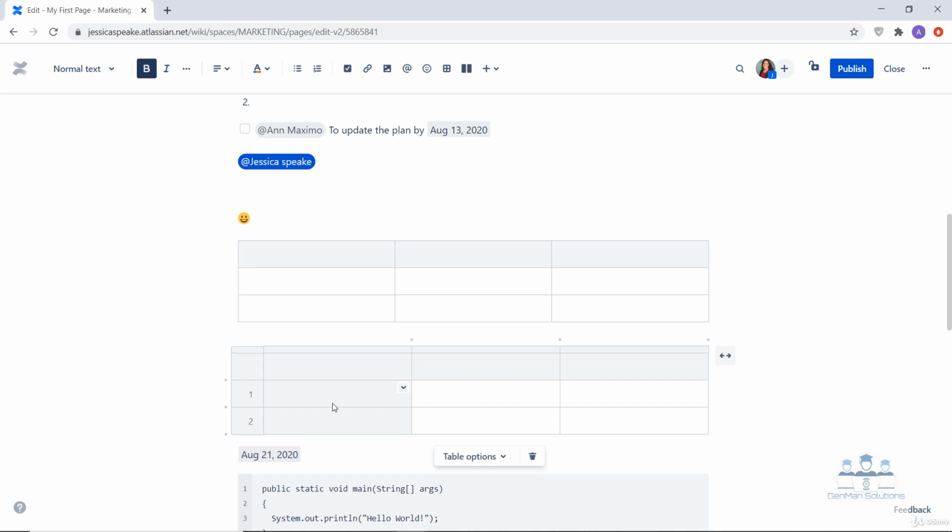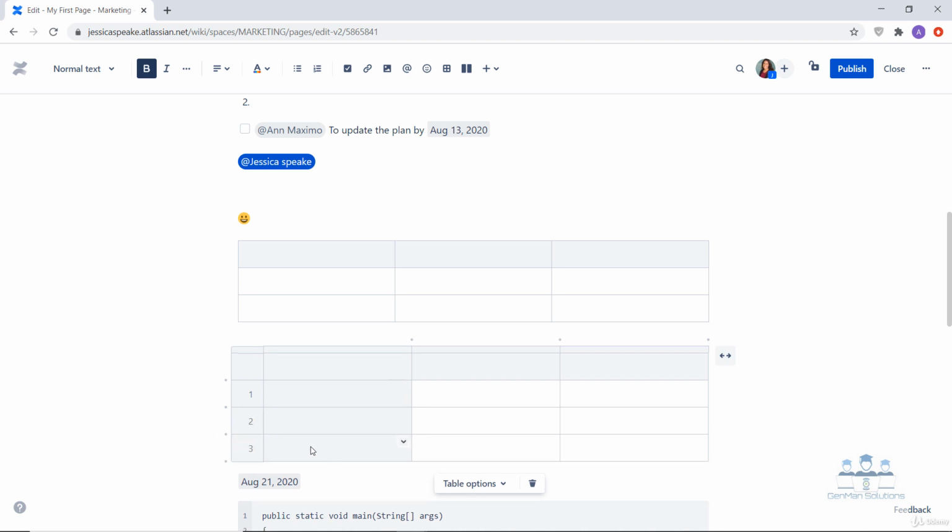Now in case you want to insert a new row to the table, you can do that with focus on the table. Click on the dot which is there on the left. So for example, in case you want to insert a new row below the third row, you can do that by clicking on this dot. So you can see that a new row has been successfully added. In case you want to insert a row between the second and third row, you can do that by clicking on the dot between the second and the third row.